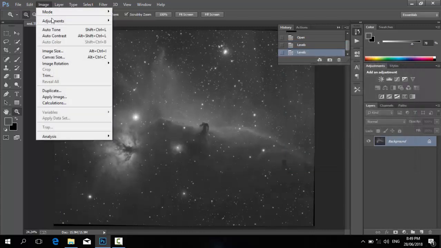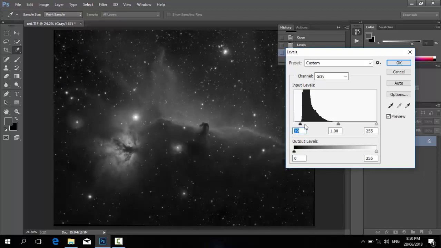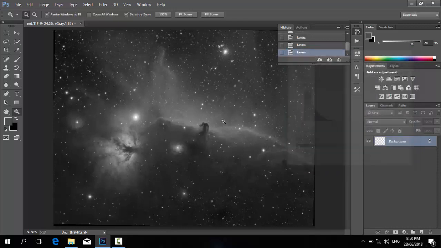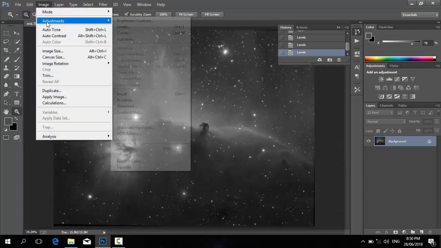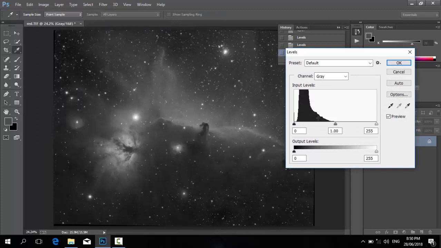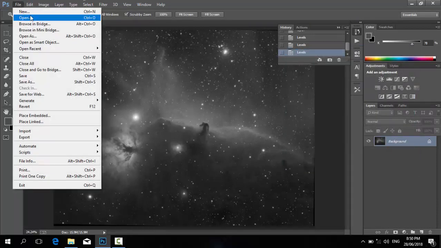Again, I'll go to image, adjustments, levels. You can see how the histogram has jumped. Now I'll again go to black points and stop from where the histogram is starting here, and I'll stretch till the point. You can see it has stretched. Now I'll go to adjustments and levels. I'll check if it needs more stretching. I would cancel that. I'll go to file and open the green channel